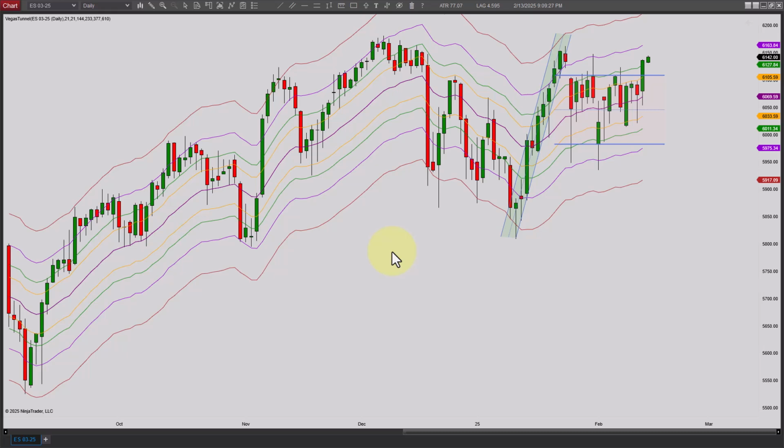No chart lessons on Fridays, and Monday is President's Day. I think the market closes at noon and doesn't open back up till 5, so it may be closed the whole day. I'm not sure, but a lot of times it'll trade till noon. But it's a holiday, so we won't be trading that day. So we get another 3-day weekend here. Just be aware of that. No trading on Monday, so there won't be a mid-morning chart lesson or a YouTube chart lesson because there won't be any trading that day.